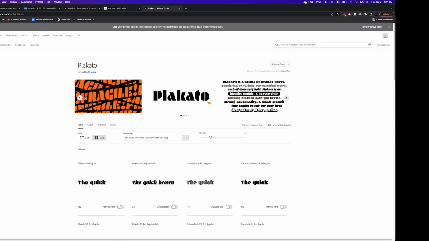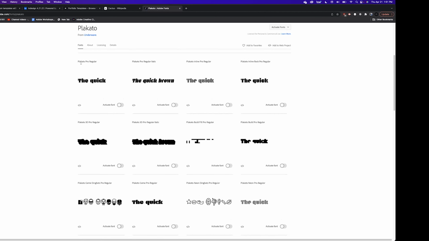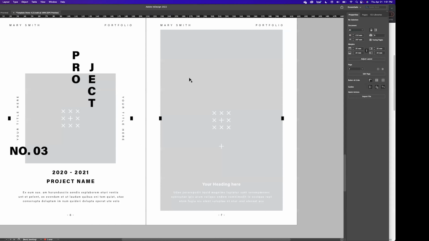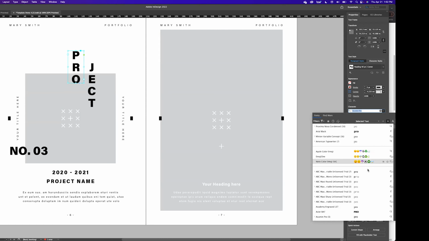And here they come. So maybe I'm super excited about Fragile. Placato is what it's called. So to use this, I just go and activate whichever versions I want of it. Let's just do Placato Pro regular. And when I click that little radio switch, if I go back to InDesign and I choose the type and I go down to the P's, or I could have typed, I should see,